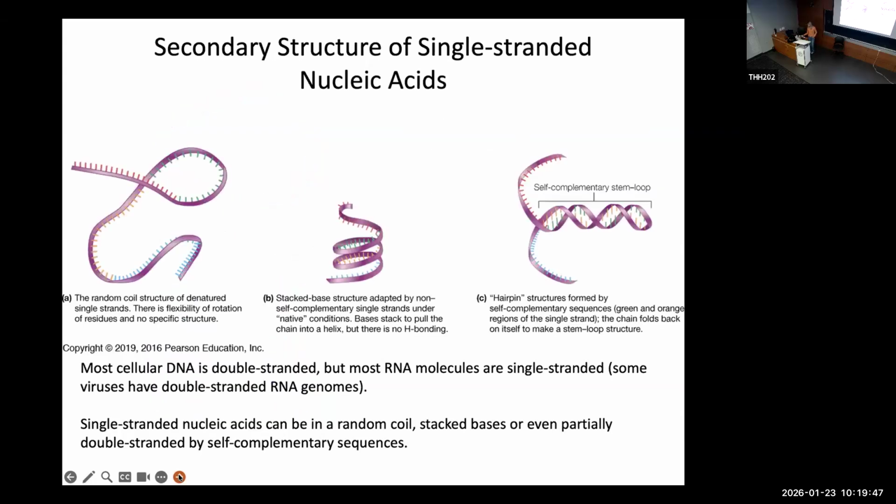Okay, we can also have secondary structure of nucleic acids that are single-stranded. And these are some examples. So typically single-stranded nucleic acids are going to be RNA. That's usually what we see in a cell that is single-stranded. So it can be a random coil like this where there's no really defined structure. It could be in this form where the bases are stacked on top of each other and it forms sort